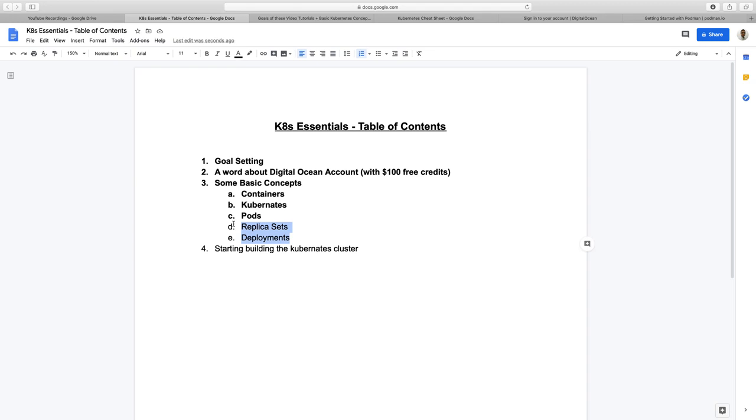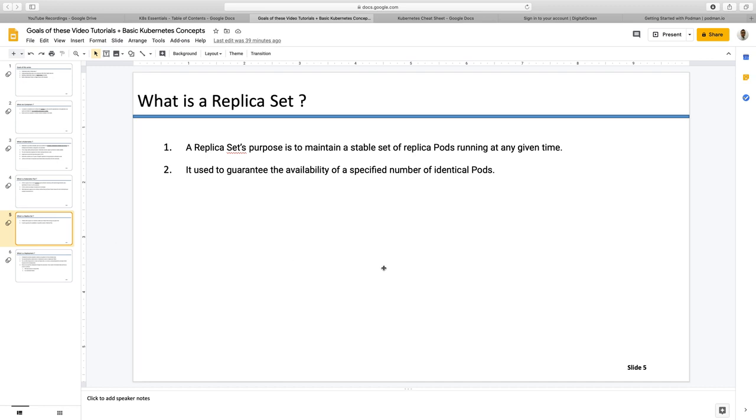Obviously, your system admin will come and sort out the issues with the failed node or failed replica and rotate it back into the cluster. So that is what replica sets are. Formally speaking, a replica set's purpose is to maintain a stable set of replica pods running at a given point of time. Yeah, so stable is the watchword over here, right? As I said, if any one of the replicas goes down, your Kubernetes software will always make sure that the replicas are back to the number that you've specified.